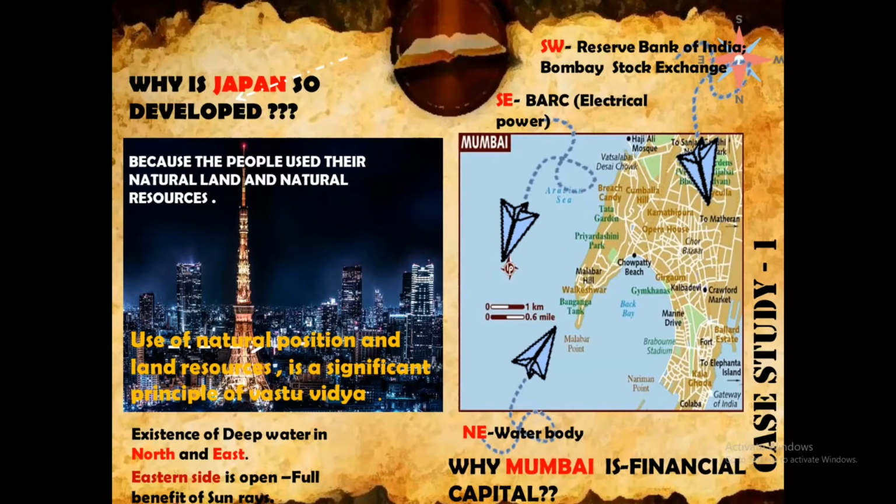Mumbai is called the financial capital because all the buildings are built according to the Vastu principles. The southeast direction houses the Bhabha Atomic Research Center, which is an important atomic research center and electrical power point in Mumbai. Also, the southeast direction of a place must house the energy point according to Vastu rules. The southwest direction must have the cash lockers. In Mumbai, the southwest direction houses the Reserve Bank of India and the Bombay Stock Exchange. Mumbai is present on the Salsette Islands on the western coast of India. The northeast direction is fully governed by the Arabian Sea.